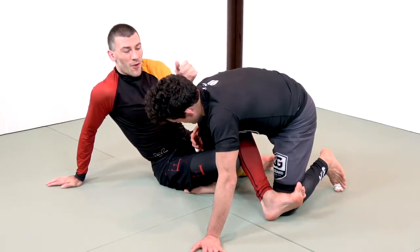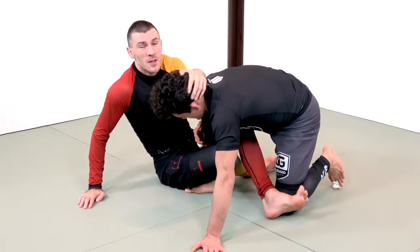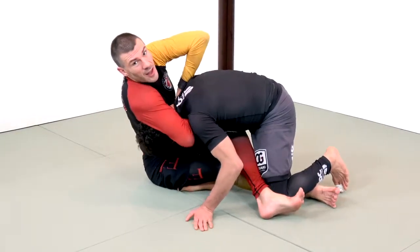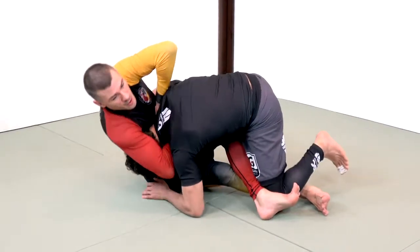He's starting to drift this way already. He feels like he knows I'm taking him this way, so he's starting to drift that way. As he does, I take his neck and I take the high elbow guillotine. I may be able to finish right here,